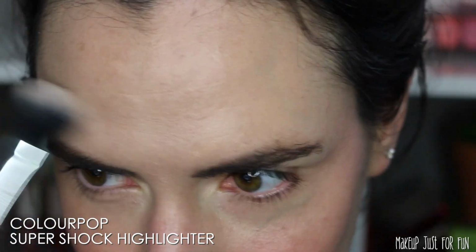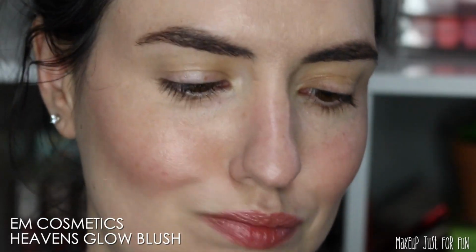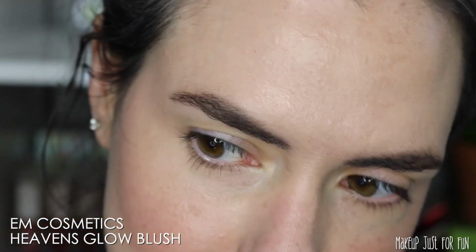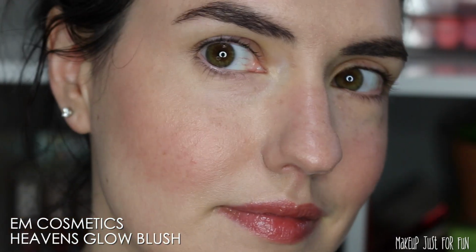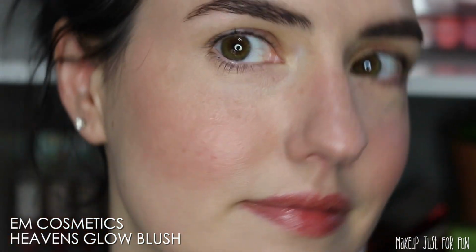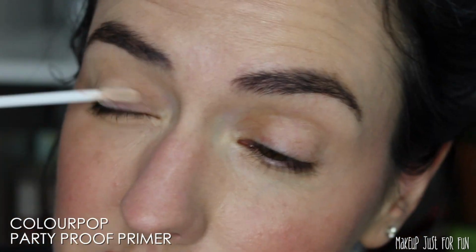I need some more blush. So I grabbed this Heaven's Glow blush from M Cosmetics. This is the shade Magic Hour, and it has such a soft little shifty glow to it that it's just the perfect complement to this Tarte liquid blush, and it just gives such a soft, blended blush look without